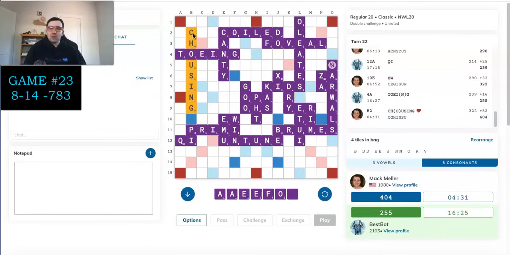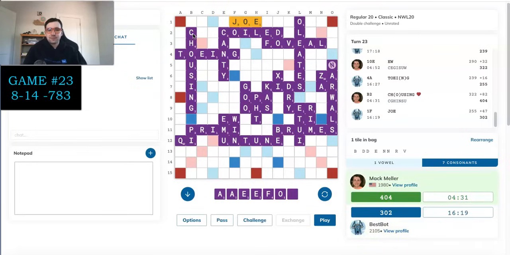Oh, I even got the blank. Okay. Well, this is turning into a pretty low-stress win, which I'm not going to complain about. I was definitely due for one of those. Yeah, bot plays Joe, and we have nothing to worry about here, guys. There's one Val unseen. The pool is garbage. There's nowhere to bingo. We're up 100, so...